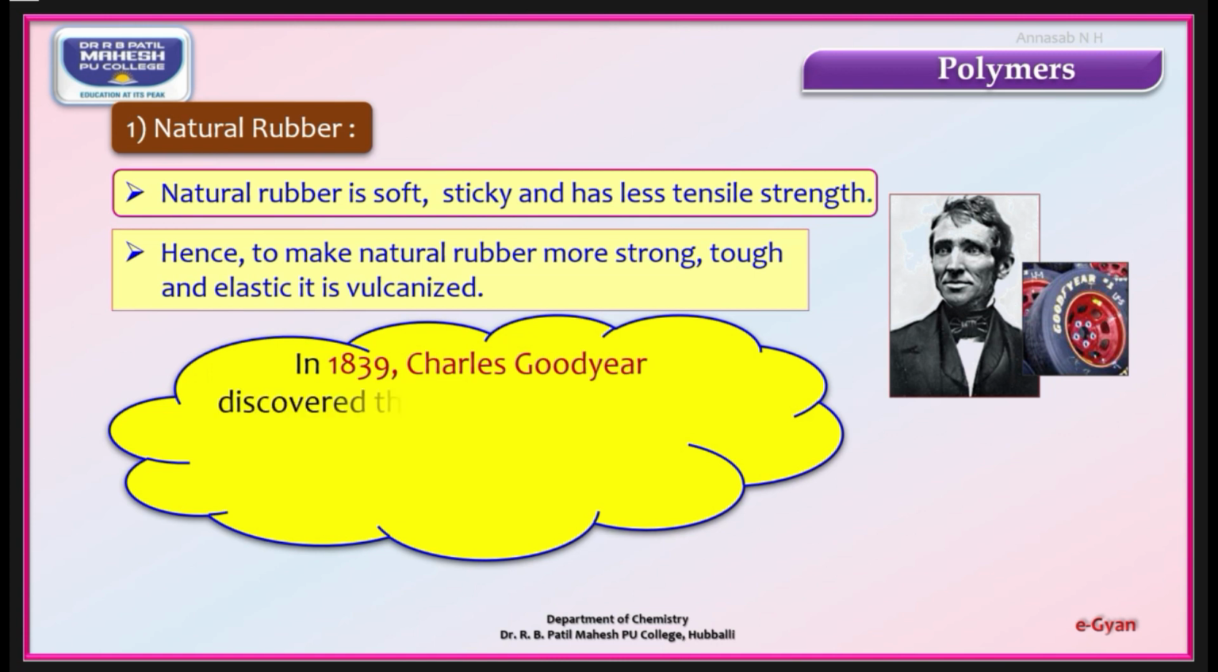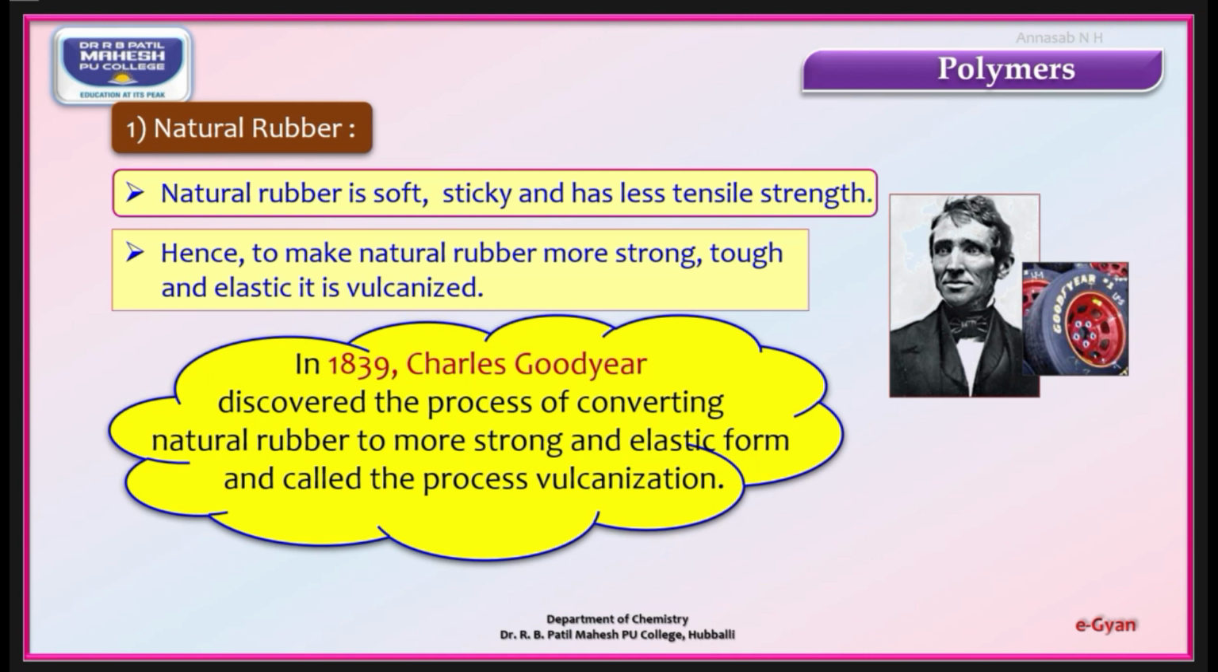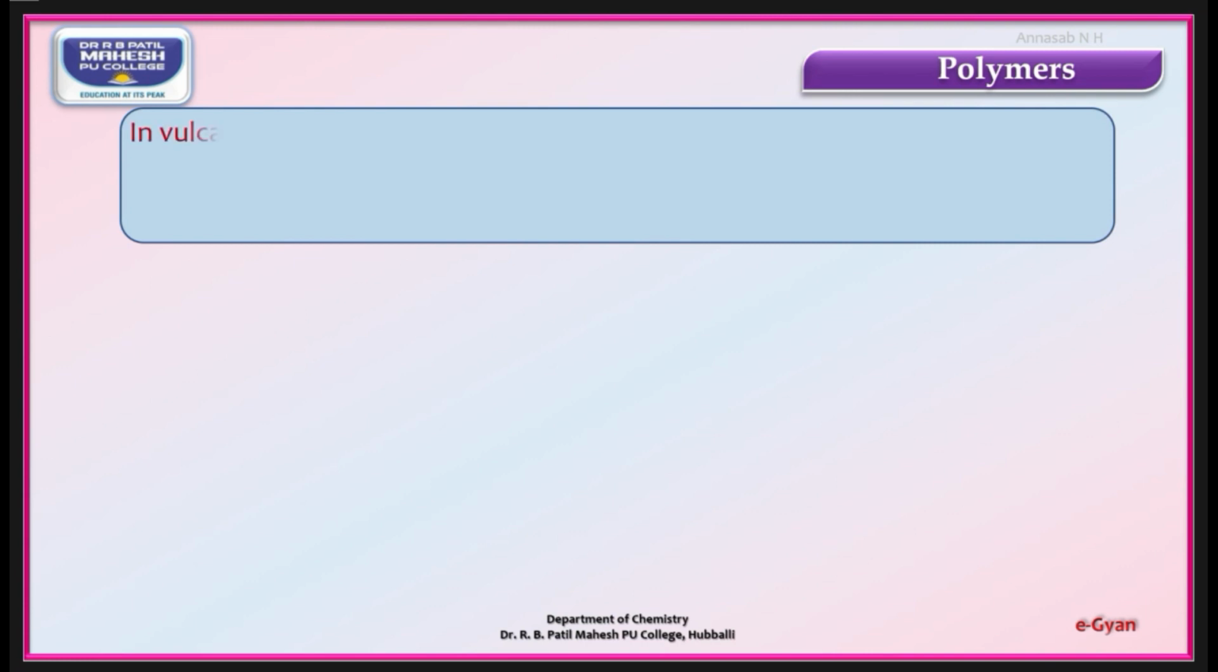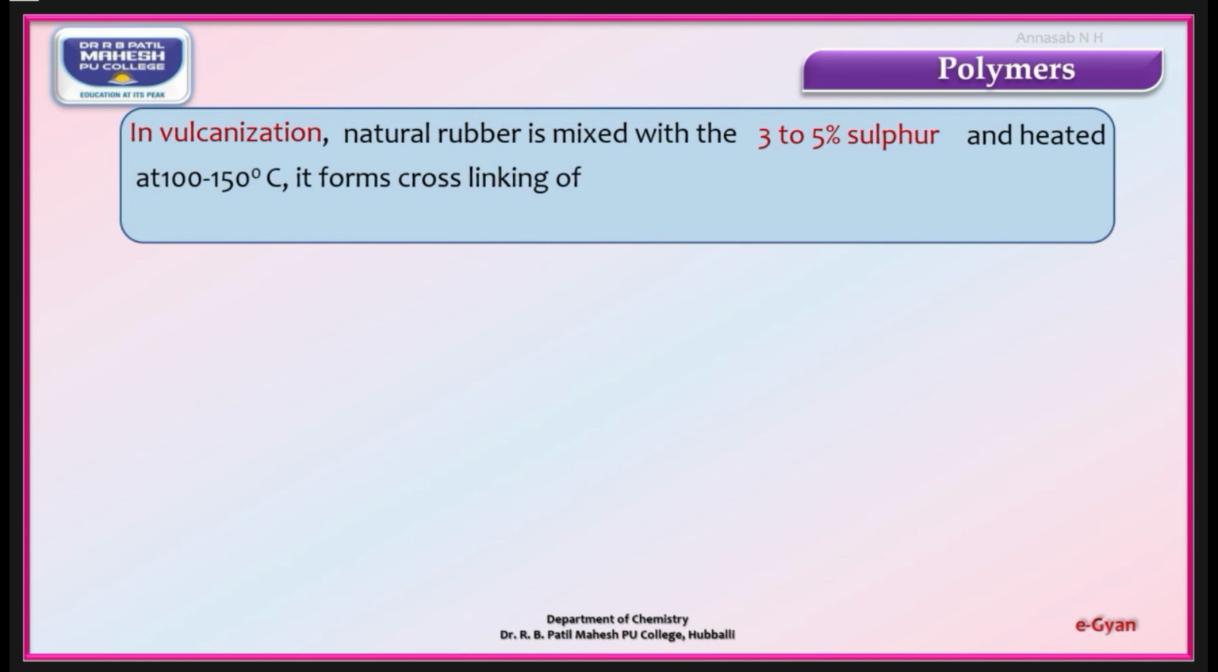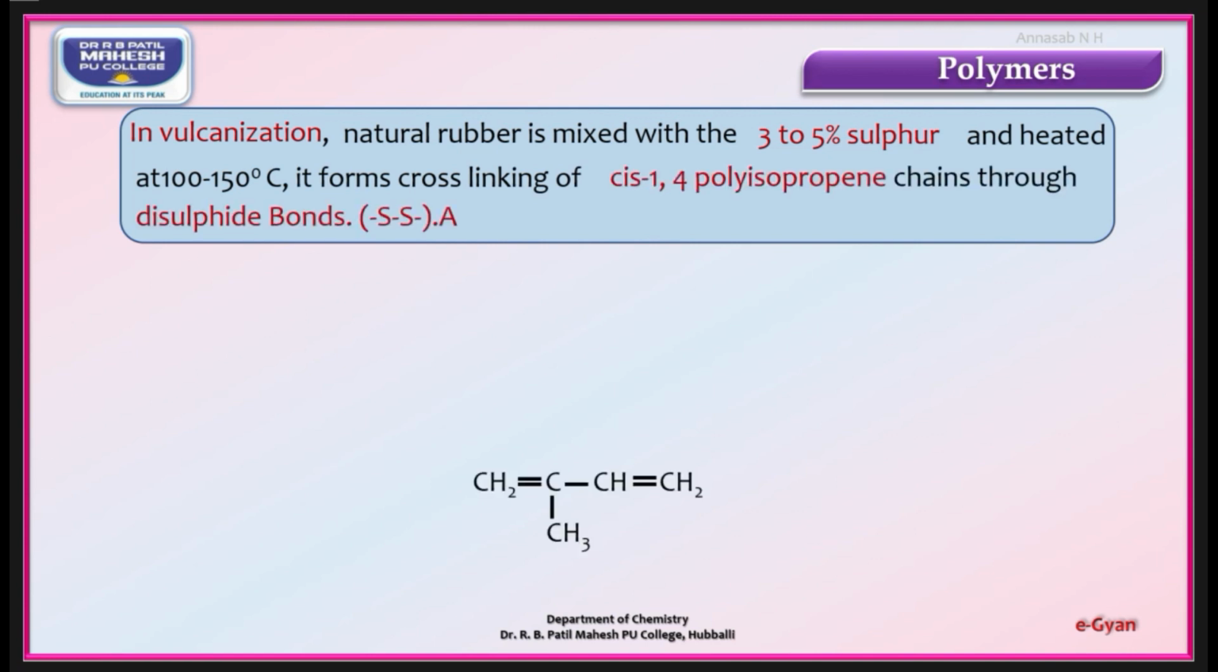He discovered the process of converting natural rubber to a stronger and more elastic form, and the process is known as vulcanization. We learn the process of vulcanization. What are we going to do in the vulcanization process? The natural rubber is mixed with 3 to 5% of sulfur and heated at a temperature of 100 to 150 degrees Celsius. It forms cross-linking of